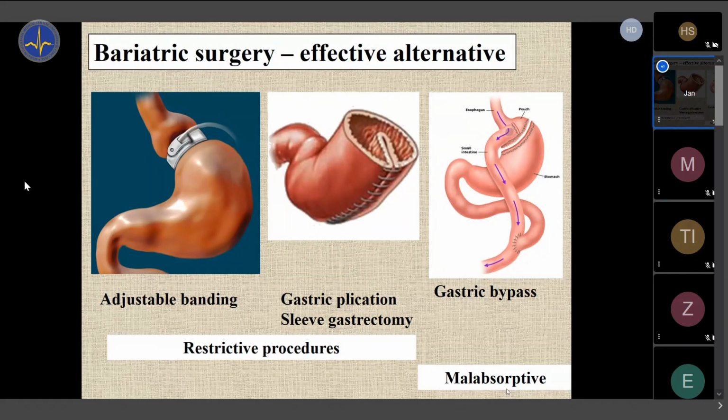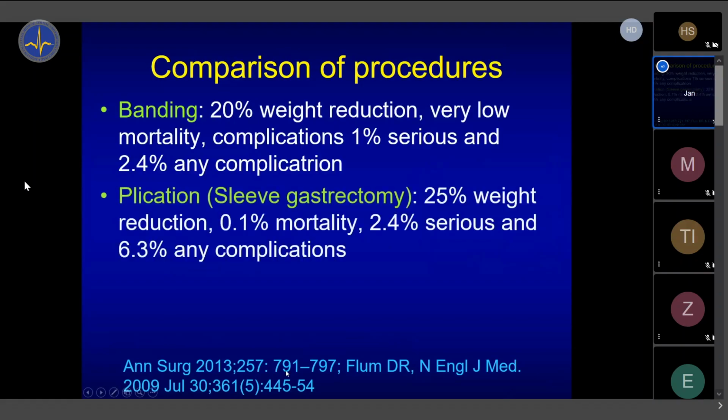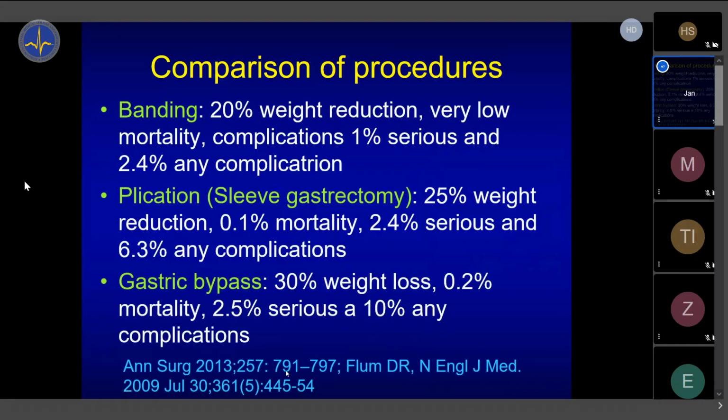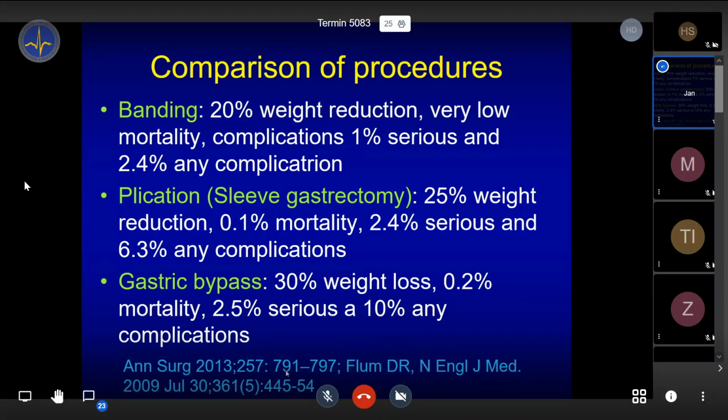We will not go into greater detail here because otherwise we will lose a lot of time, and it's not important right now to understand all the details of these operations. There are specialized centers which do these operations. So our task, as diabetologists, is to educate people well, show them advantages, disadvantages, and